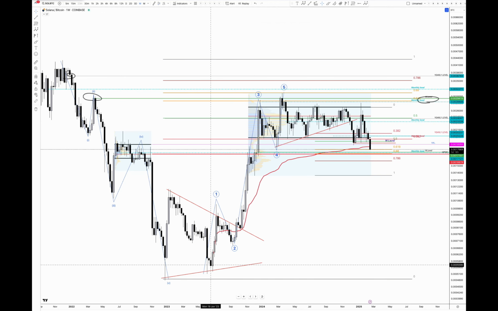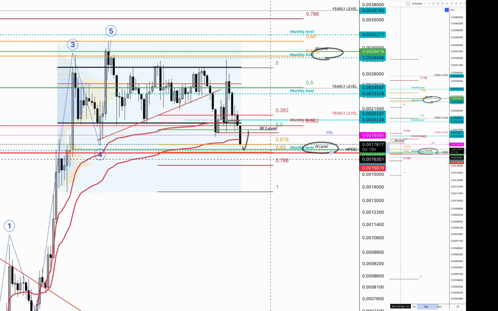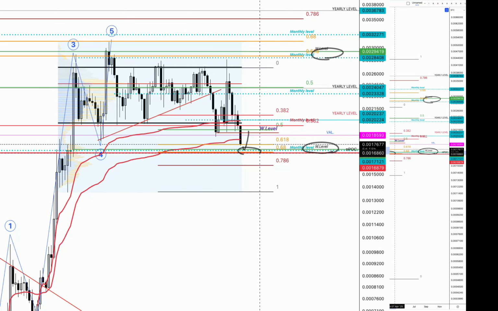The VWAP from the bottom to the top is also past, it's not holding it, and we also had that pivot and also that reference point. So we've got a lot of resistance now on our way up. And in my opinion, if we get a bounce there, which is from the naked point of control here, that's why I'm looking for the monthly and the weekly to be a support level. Yes, this is against Bitcoin, by the way. Forgot to mention that. So I think we're going to get a bounce there,